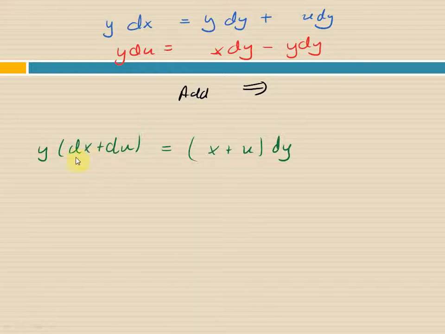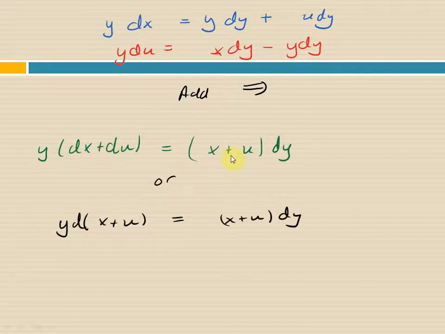So you'll see the dx plus du right here, and then you have an x plus u on this side. Or if we're really taking the derivative of x plus u, right? If you have dx plus du, the process of taking a derivative is linear, which you talked about a lot